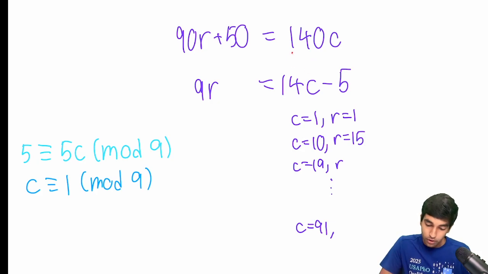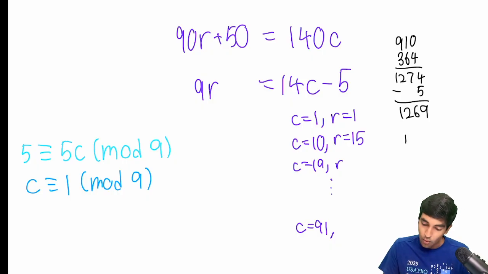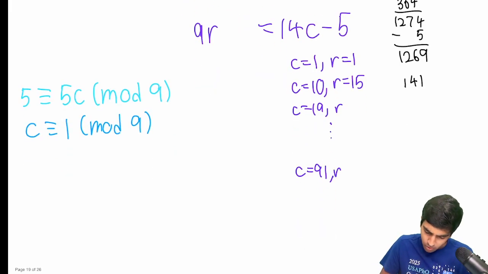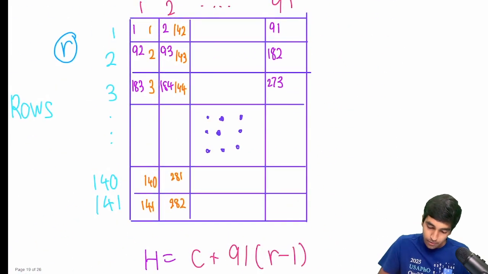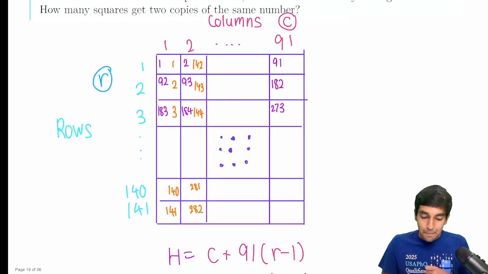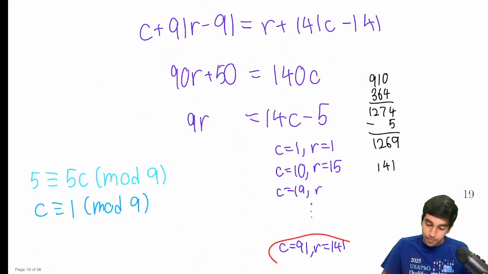So we have 14 times 91 minus 5. Let's just do that here. 910 plus 364. There's a shortcut which I'll explain in just a moment. And then we subtract 5, so we get 1269. And now we just divide this by 9 to get 141. And as you can see here, C equals 91, R equals 141. Notice something interesting. That's exactly this point right here, which makes perfect sense because both Horace and Vera end at this square. So this makes perfect sense why our last value that would work is when C equals 91